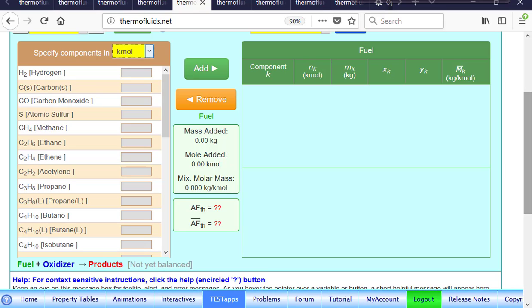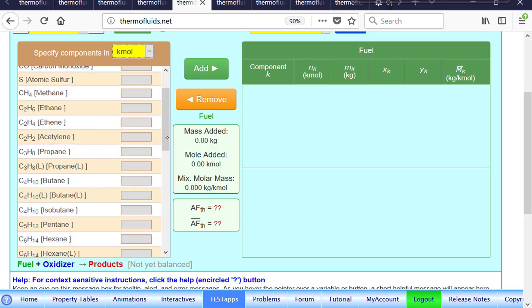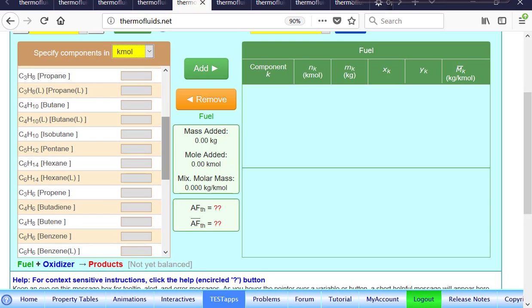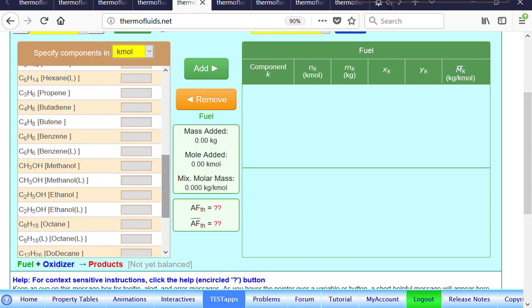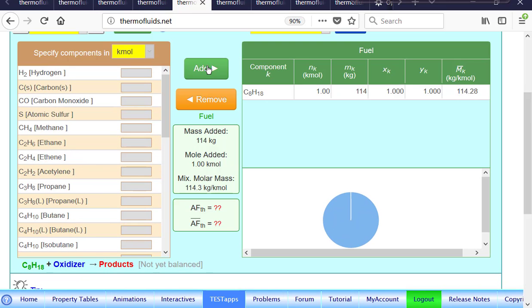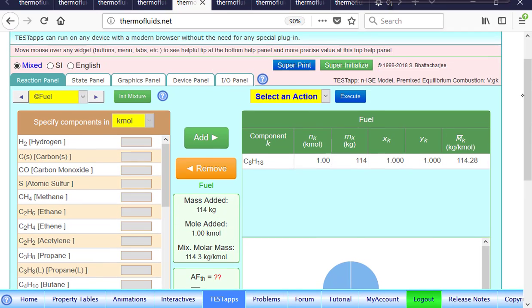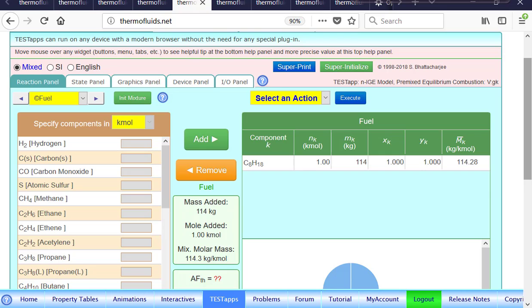Let's say we have a burner where gasoline is burning. So let's find octane, which is like a surrogate for gasoline. Here is octane. It could be liquid octane, or let's take gaseous octane. We add that. So we have a kilomole of octane, and then we have